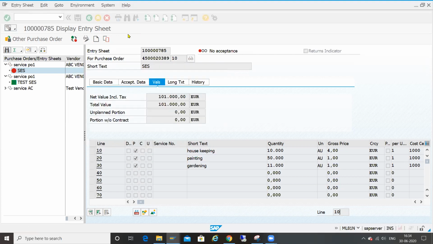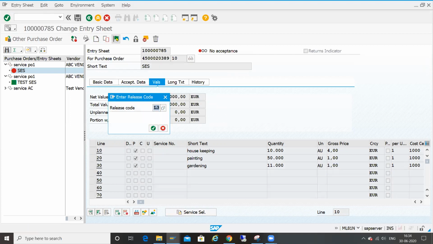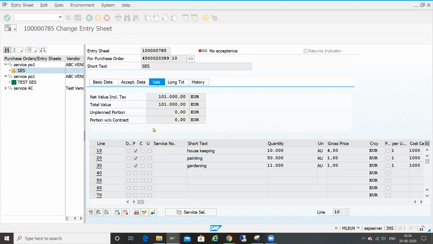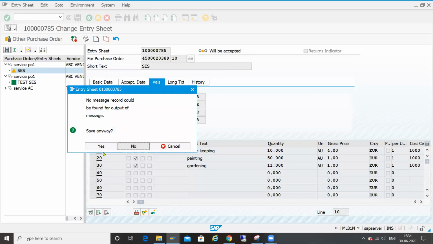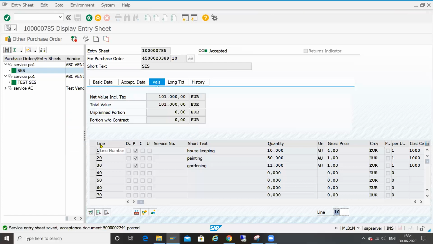Click on change. Click on this release icon, L4. Enter. Now all the levels are released. Click on save. Once you save it, automatically a background material document is created.